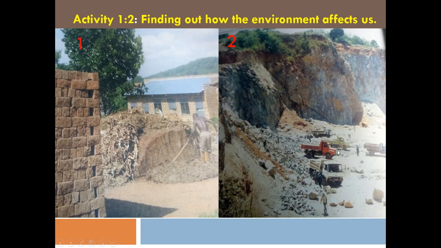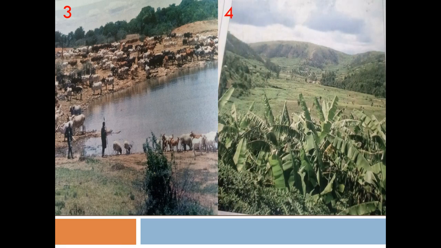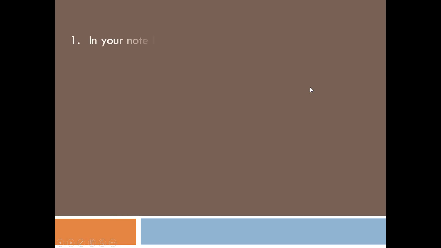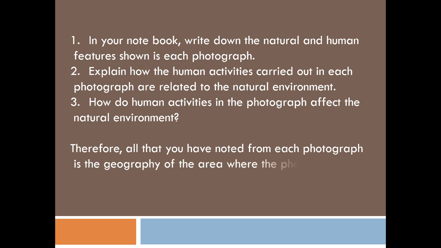Now I want you to try to identify the effects of this activity on the natural environment. What can it cause? Then identify in photograph 4 the effects of crop cultivation and of human settlement on the slopes. What effects do they cause on the natural environment? So after exploring those photographs, we can therefore